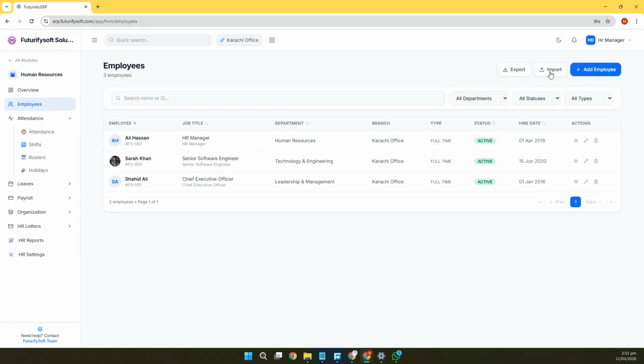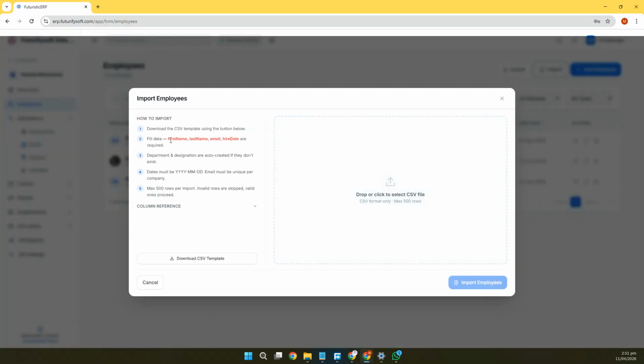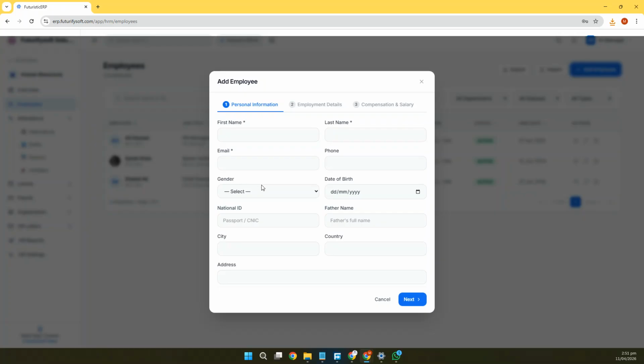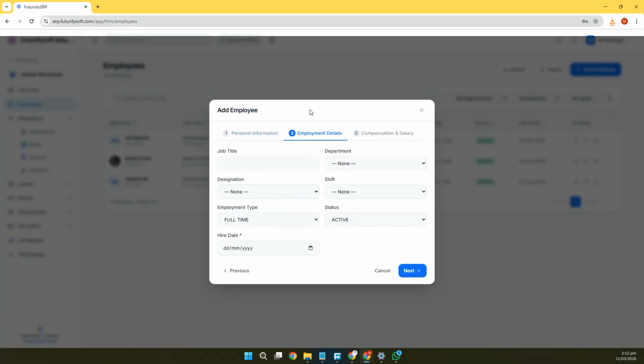Simply we can export and import employees. These are the fields for import. We can download the template, and also we can export employees. And once we set up everything, we can create a new employee. And likewise, we have some fields, and also we can see